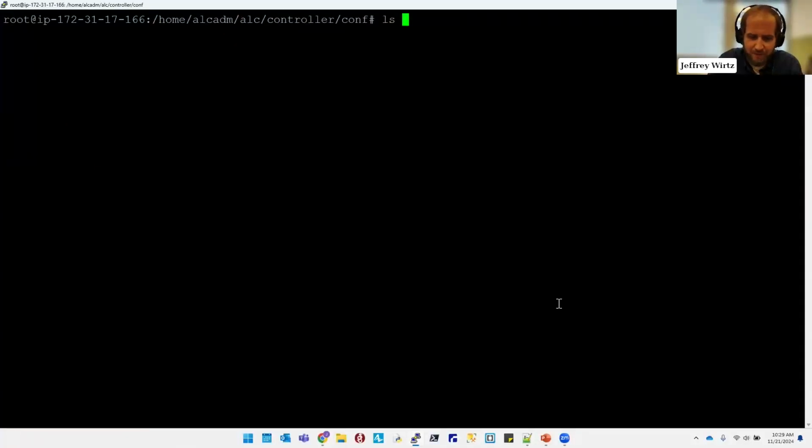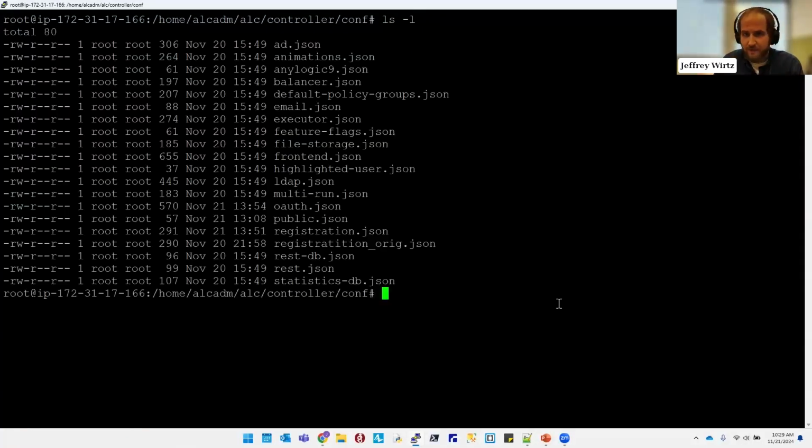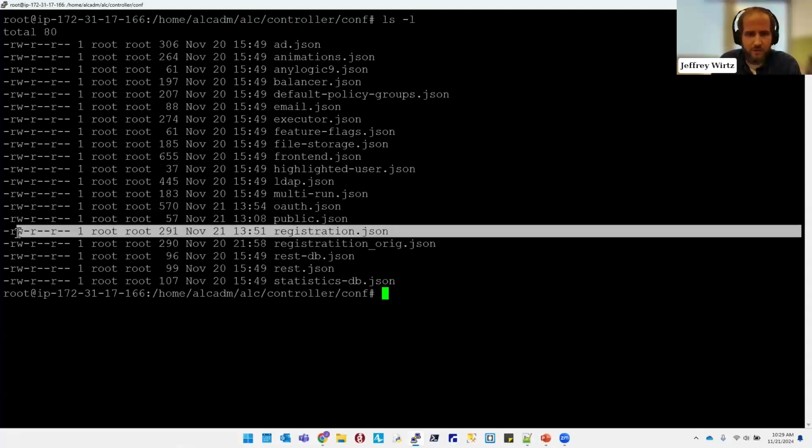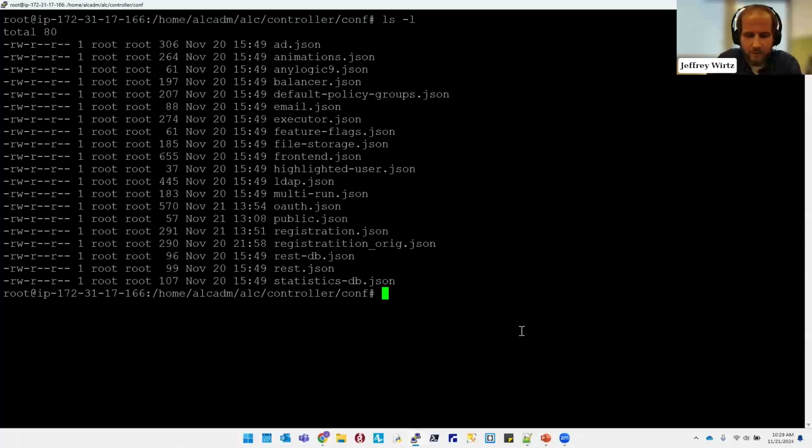So, for that, as you can see, here's where all those configuration files are. Once again, the two we care about in this instance are going to be the OAuth and the registration. We're going to start with the registration file, and I'm going to use Nano for a text editor. You could use VI, any text editor that you'd like, just using Nano for the